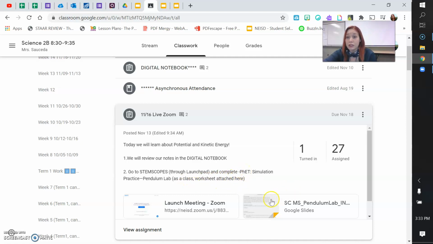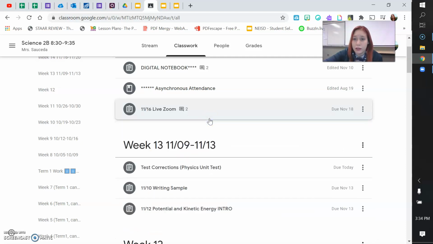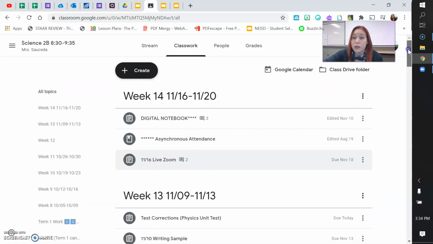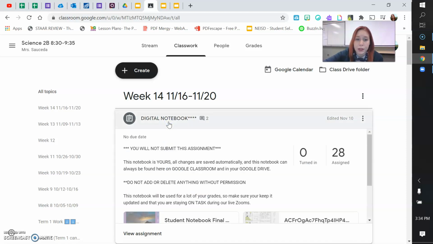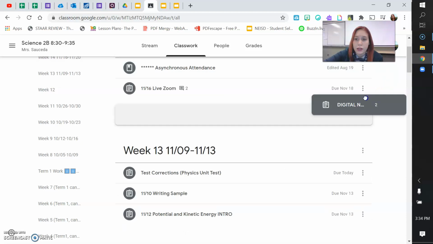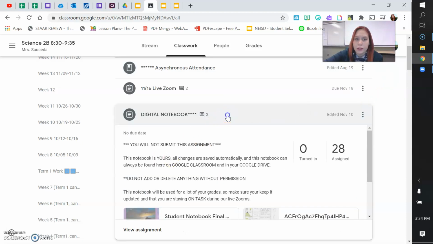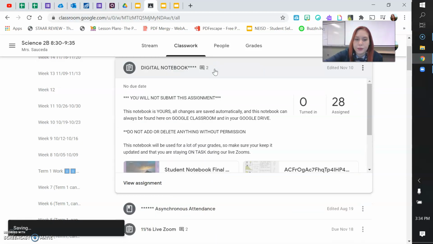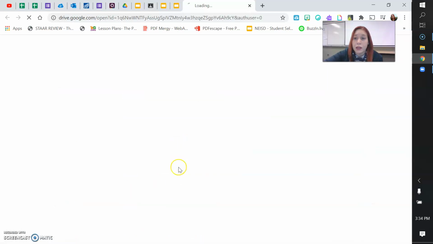The worksheet is attached here. So the first thing that I want to show you is the digital notebook, the new warm-up, and the table of contents needs to be filled out. So going to our digital notebook, it's always first thing on classwork. So you need to go to your digital notebook, open up your digital notebook,